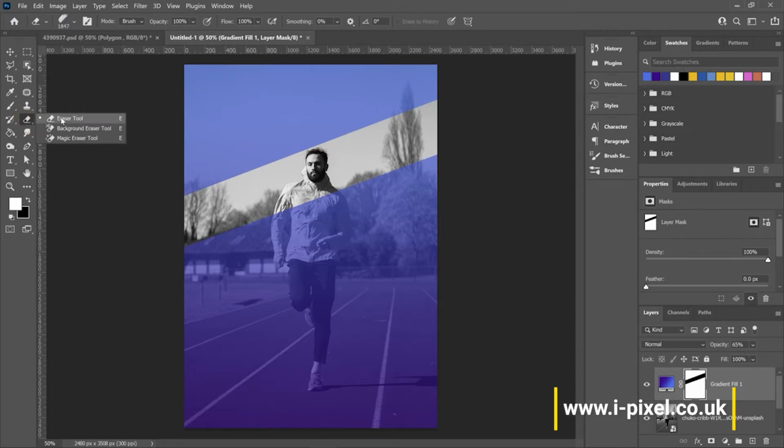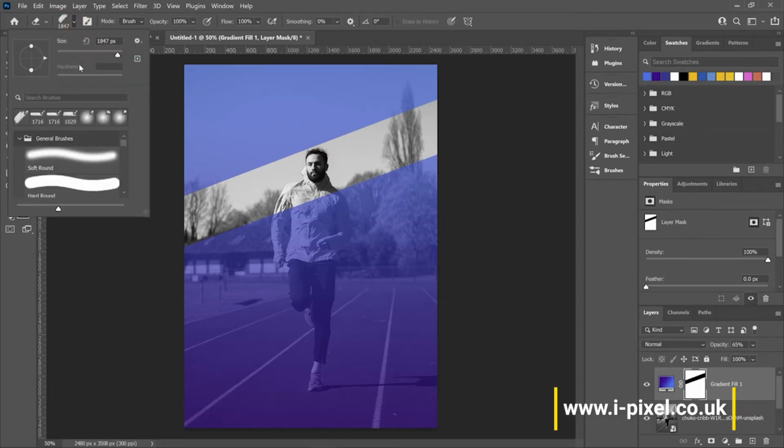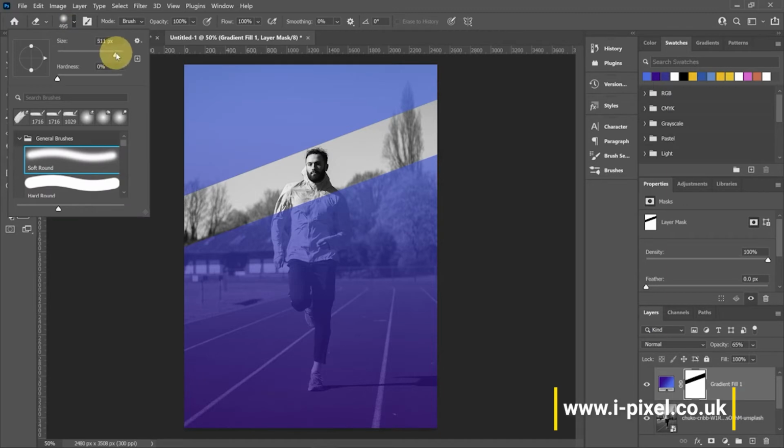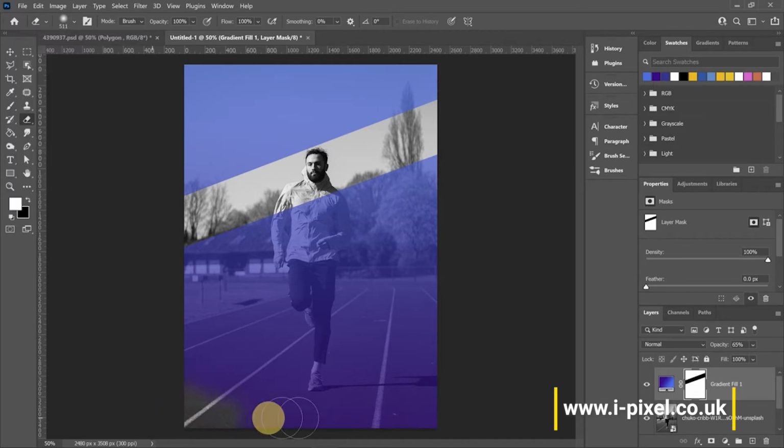First we will use the eraser and then pick a soft round, maybe a bit smaller. Again, make sure the foreground is white. I'll just add a bit more, and I can start to delete that part for the top, and also